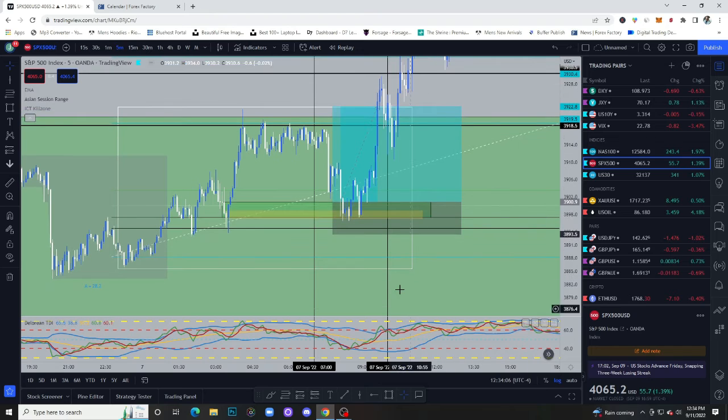And so although I personally wouldn't have been looking for this on the 5-minute time frame, now I can scale down and look at it and see, okay, now as you can see right here, this is the 15-minute entry. You can scale down to the 5-minute and you can see that there's a bullish order block resting right there on the 5-minute. If I'm managing my trade and I see this, and I see the market tap into this level right here, tap into this bullish order block right here on the 5-minute,